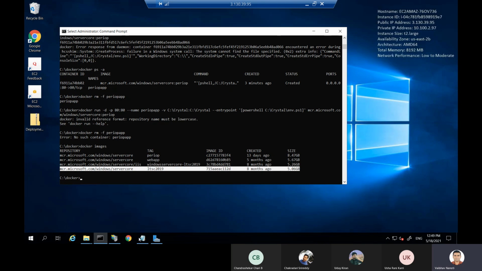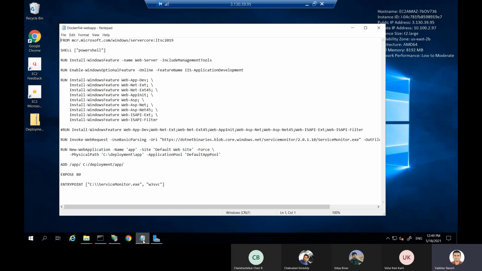For that purpose, I need to create one Dockerfile. This is the Dockerfile. You can see this is the base image I mentioned, which I already downloaded from the Docker Hub. After that, using PowerShell scripting, I install some features of the web server, including some IIS configurations.